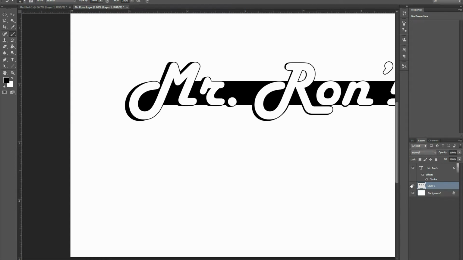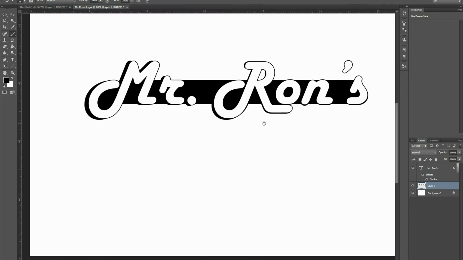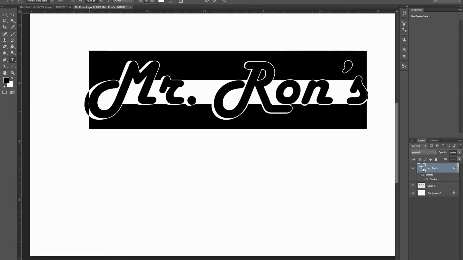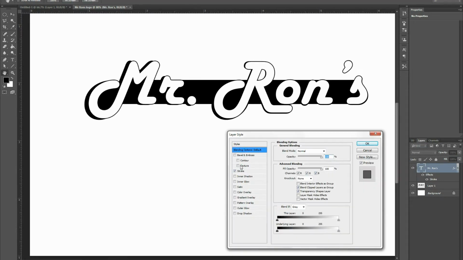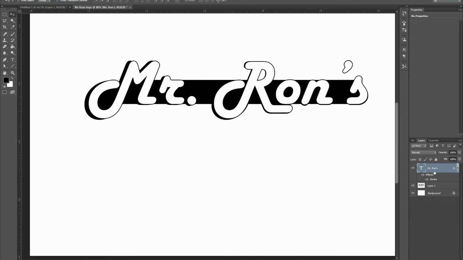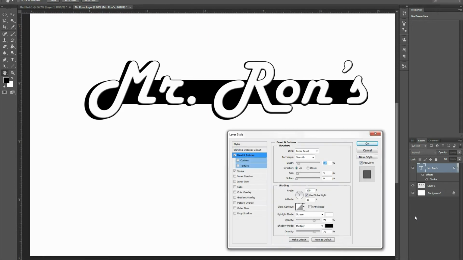The next thing I want to do is go back to my text layer, the Mr. Ron that we left was text. By clicking and double clicking will highlight, which we're not going to do. Instead, I'm going to go back into these effects. You can double click on the effects to bring up the effects menu, or you can just click effects down here, and this time we're going to pick the bevel and emboss,